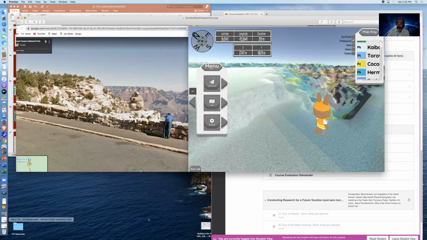So I went to Google Street View and showed you what this spot looks like at the same location of what it looks like in the game, where you can interpret the geology, where the avatar is standing on the Kaibab limestone and looking down at the Toroweap, the Hermit, the Red Wall, and other formations in the Grand Canyon that